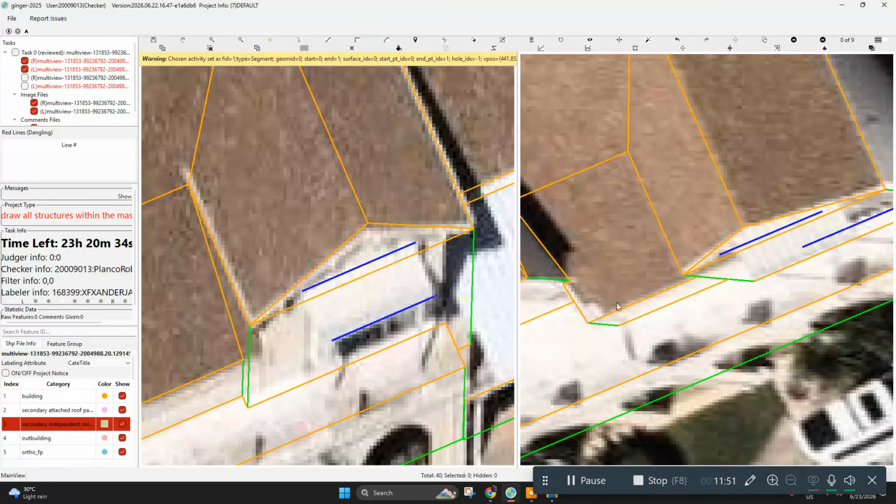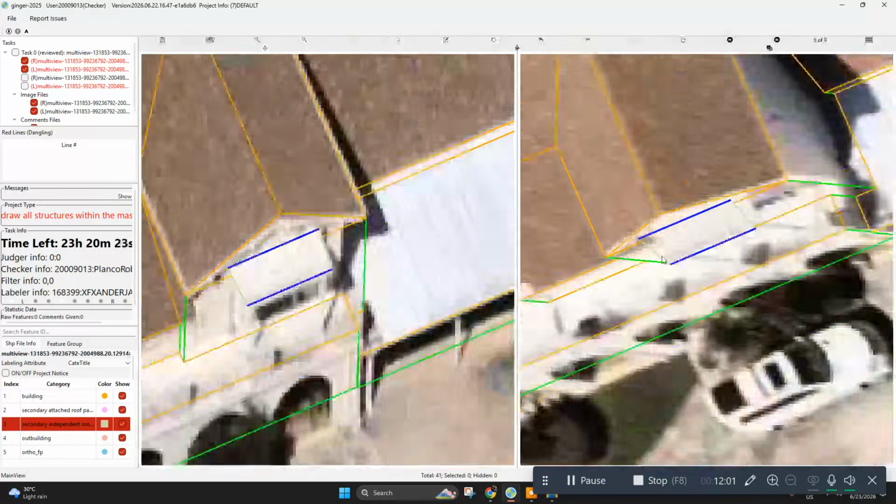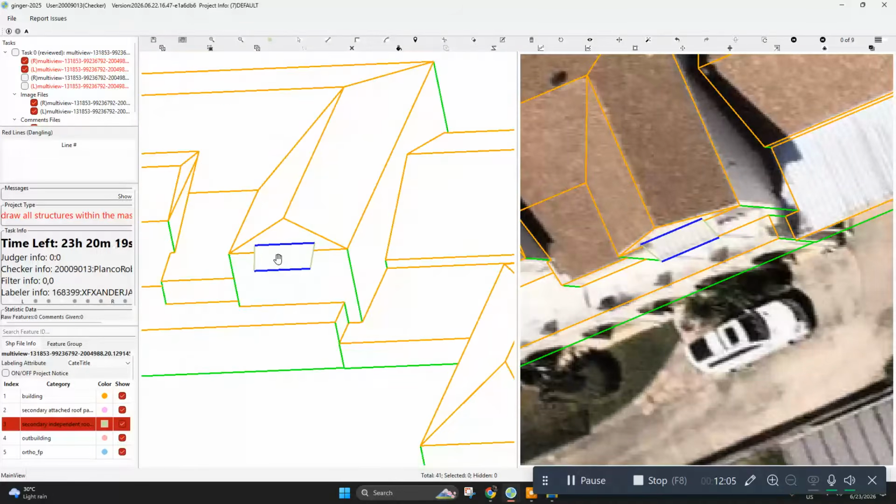Adjust and capture. Okay, so yes, I think this is much better. Next is for this one.